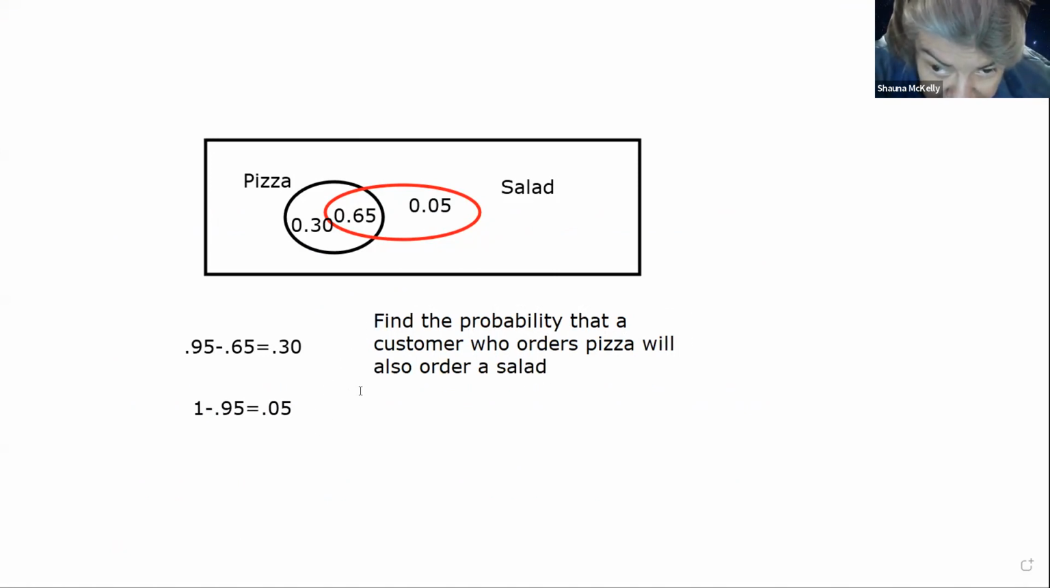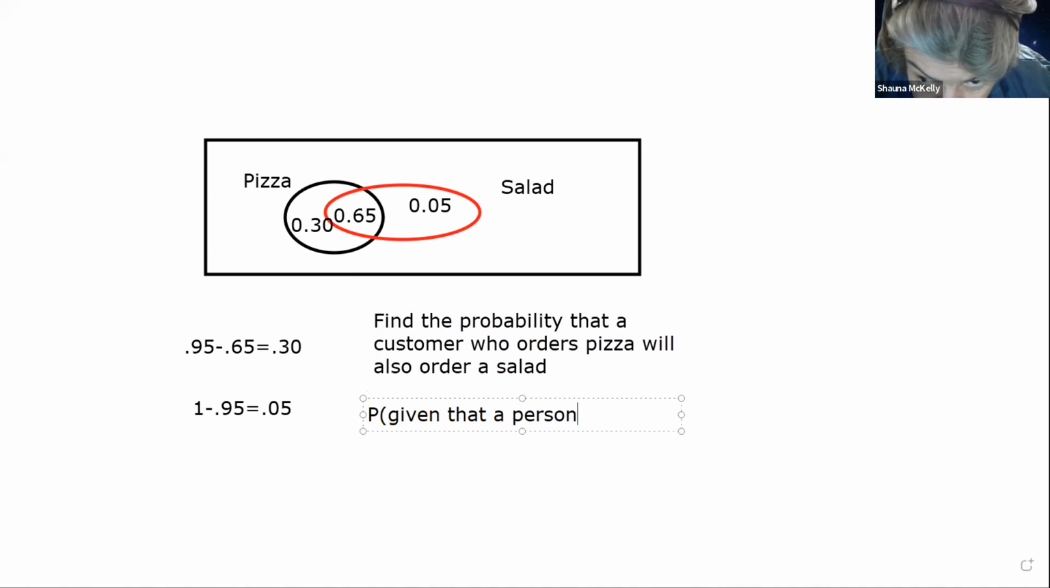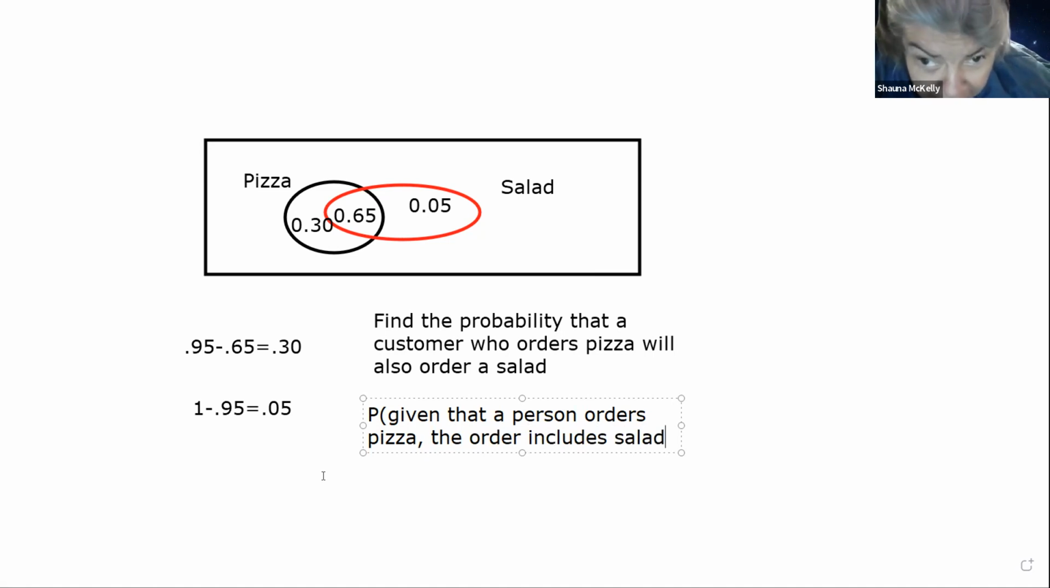So this isn't just a pizza and a salad, which would be 65%. It's find the probability that, given that a person orders pizza, the order includes salad. So we know that if it's given, from the other videos you've seen, it's not dependent, well, they are,